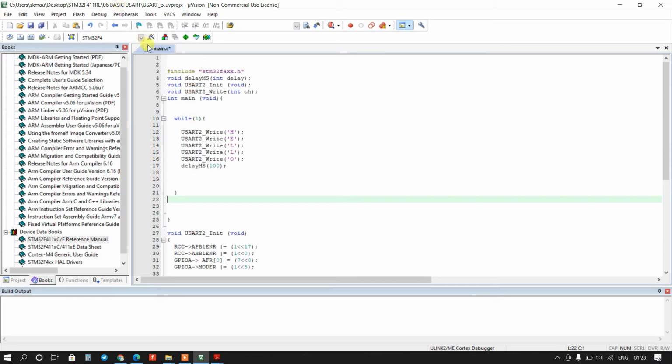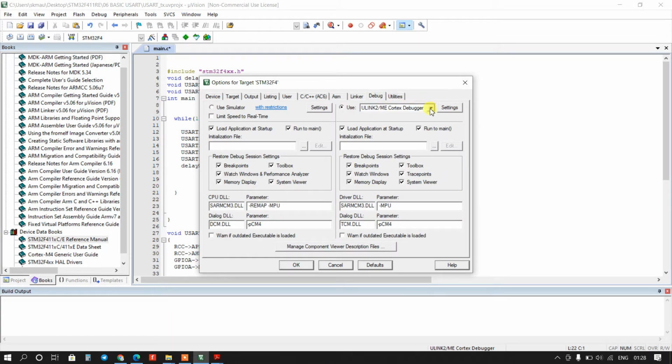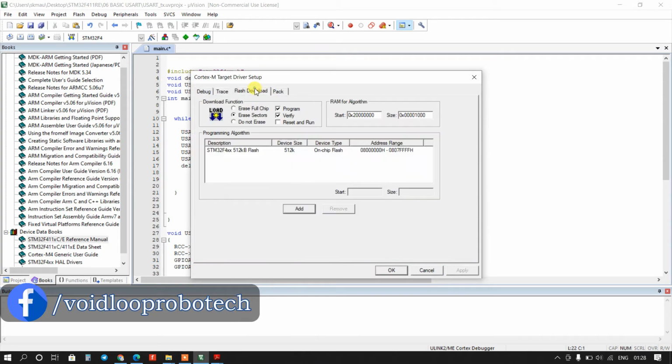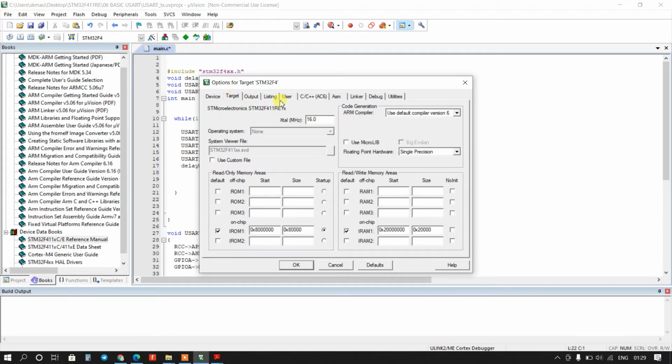Okay, now we will configure the target options. We are using 16 megahertz here, so it is 16, and for the debugger we are using ST-Link. Go to settings and select reset and run. Go to output, target, and change to version 5 compiler.